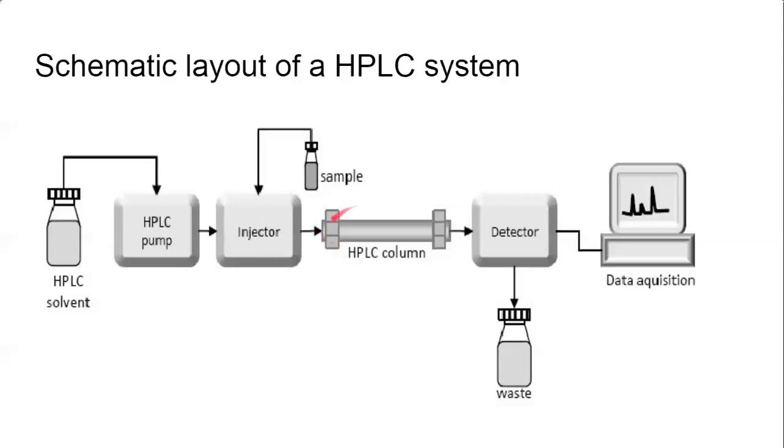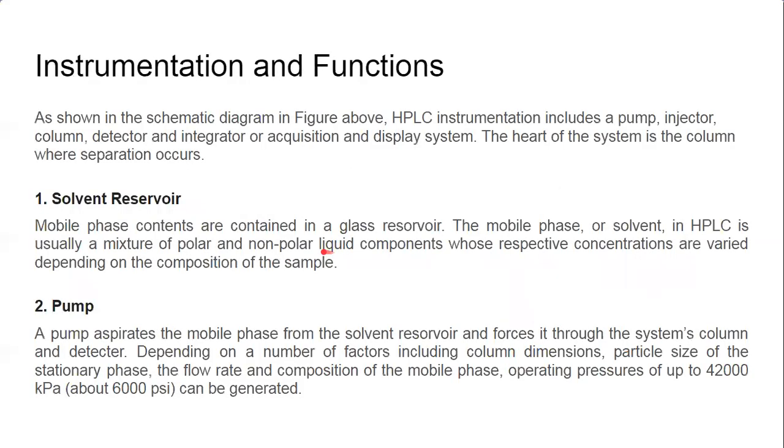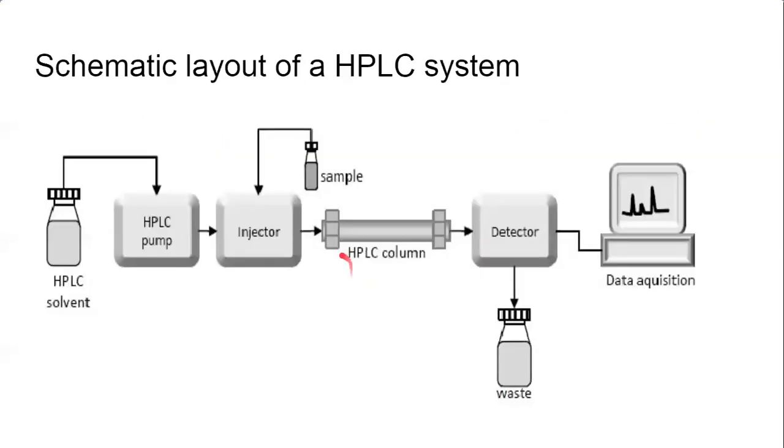And this is the column. It is a very, very important part of the instrument. That is the HPLC column, with its length and diameter. Generally the diameter is 2 to 5 millimeters, and the length may be 50 to 300 millimeters. If the diameter is less than 2 millimeters, then it is termed a micro column. This column is filled with stationary phase, a fine powder. For packing this column we use a finely divided powder.